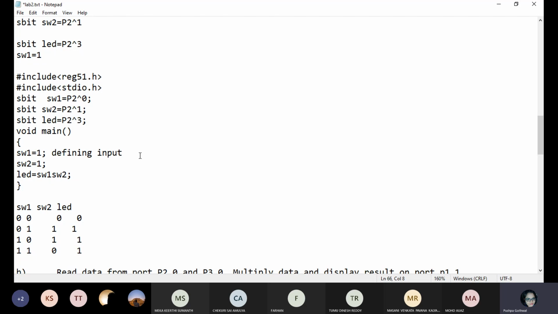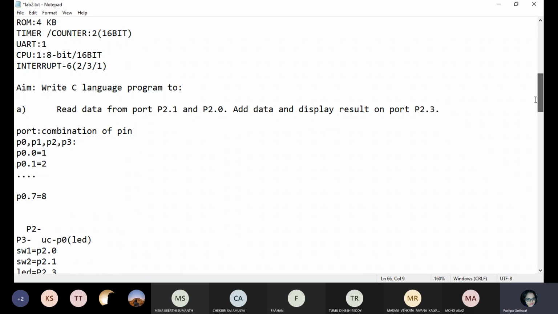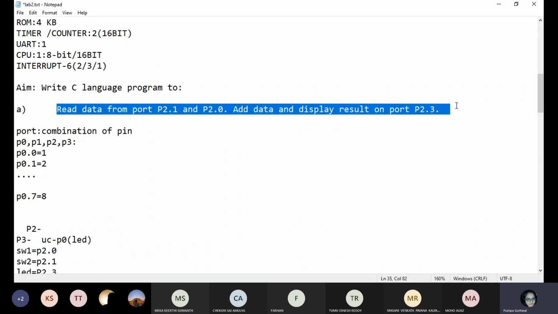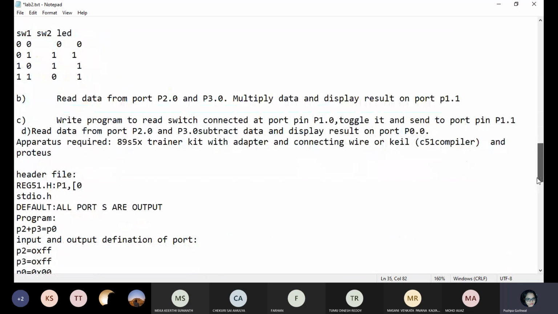So what you have to do? Right now you have to perform the addition operation. Then after performing the addition operation, you have to perform this program also: add the data. This is your program. Now your code should perform this also.